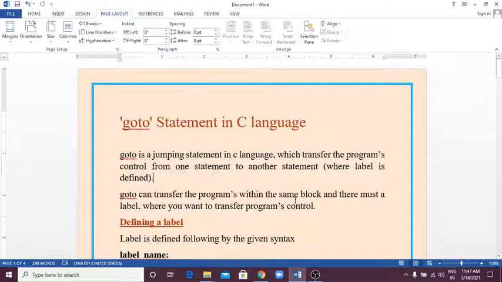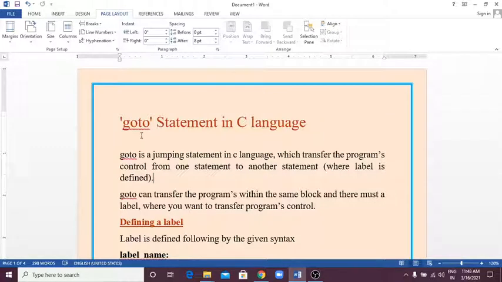So those rules were covered in the previous section, and we saw the switch statement with the help of an example. Now the next is the goto statement in C language. So far we have discussed the way of controlling the flow of execution based on certain specific conditions. Like many other languages, C supports the goto statement to branch unconditionally from one point to another in a program. So this is an unconditional branching statement.